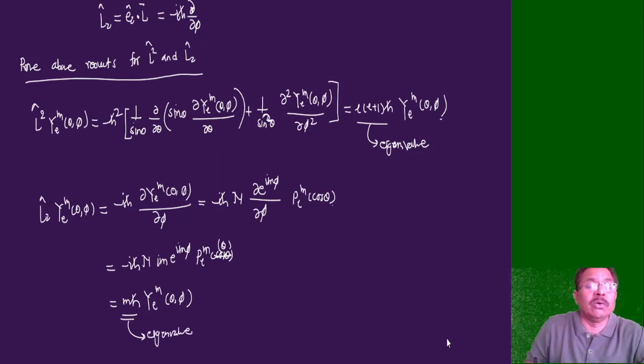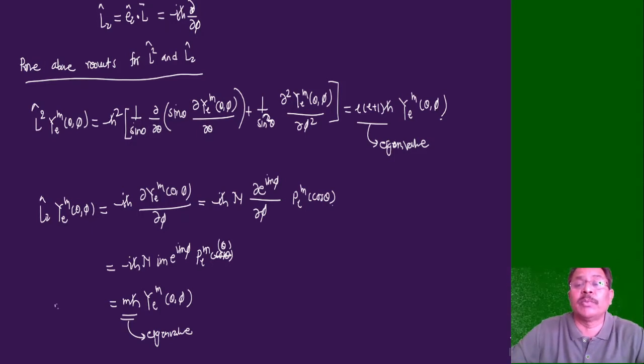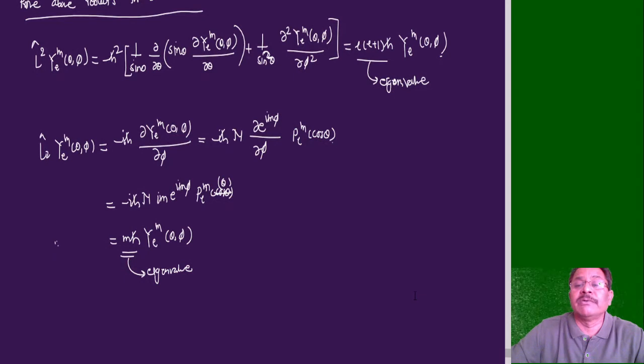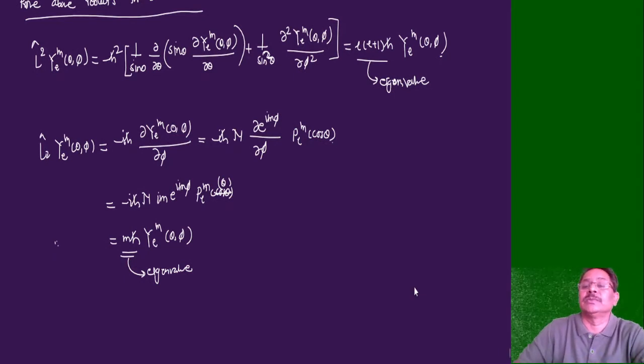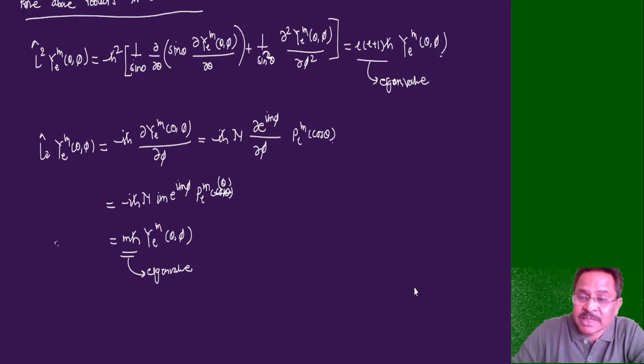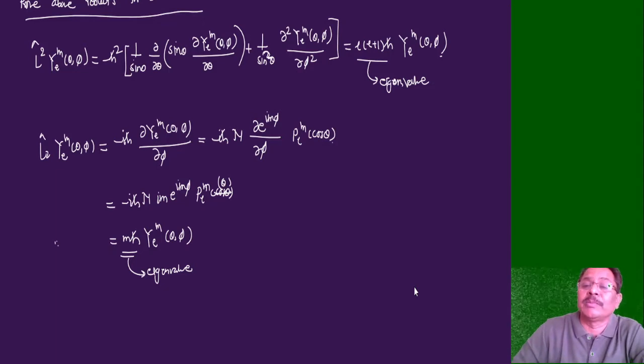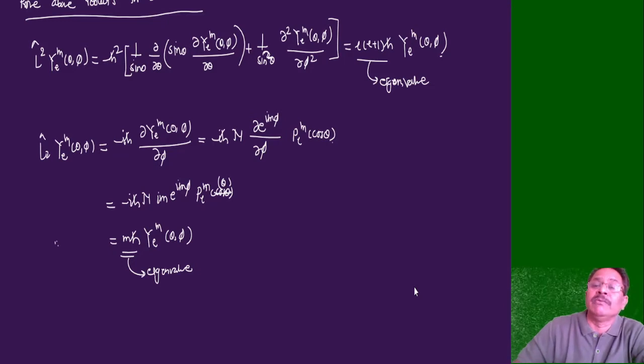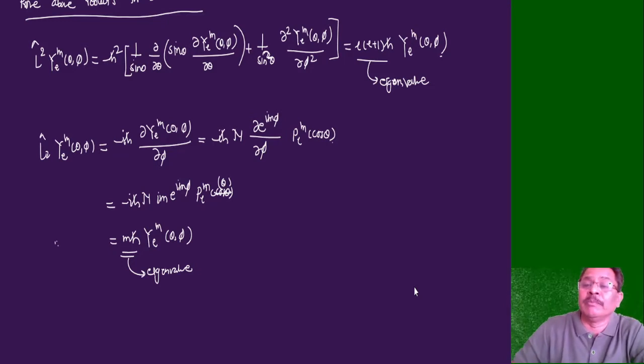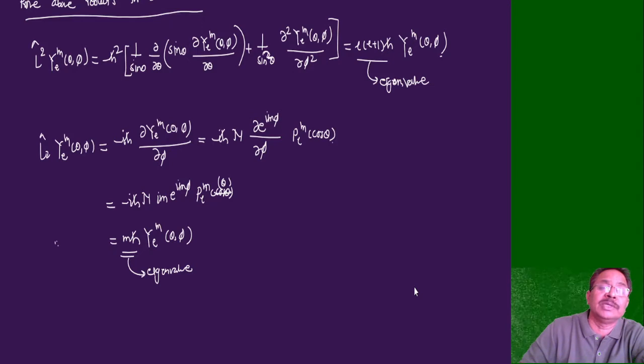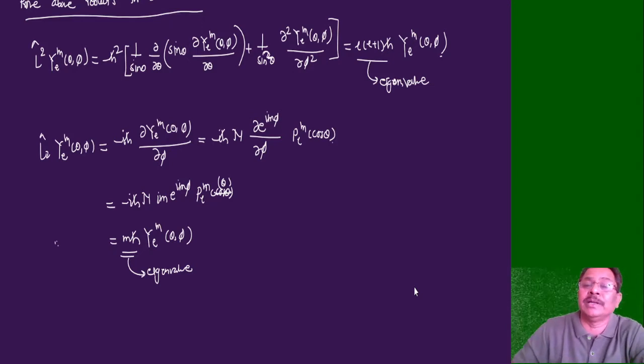Remember, by operating these two operators, what we get is a wave function. It won't have any dimensions. The angular momentum h-cross has dimensions of angular momentum, so these are purely numbers. l(l+1) is a number, so l(l+1)h-cross totally becomes an eigenvalue of orbital angular momentum, where this l is called the orbital quantum number, and this Y_lm(theta, phi) is the spherical harmonic. So operating this operator on Y_lm(theta, phi), I am getting this eigenvalue l(l+1)h-cross, that is angular momentum.